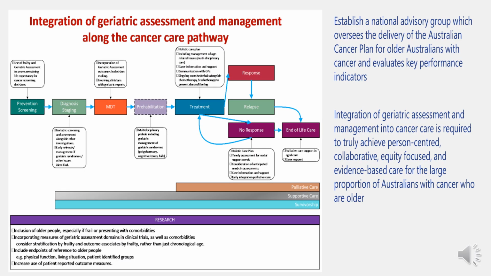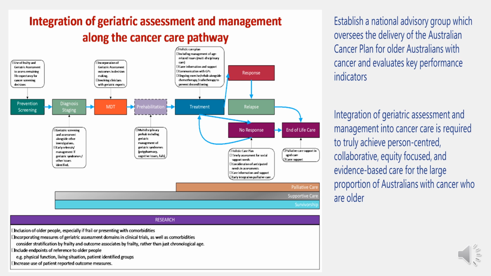So the Clinical Oncology Society of Australia have actually advocated for integration of geriatric assessment and management in the Australian Cancer Plan, and this is just a little screenshot of their proposal that they put to the Australian Cancer Plan. So they wanted the principles of respect, value and dignity embedded within the cancer plan to achieve a health equity for older Australians with cancer, to help identify Australians with cancer who would benefit from that further assessment and multidisciplinary care,